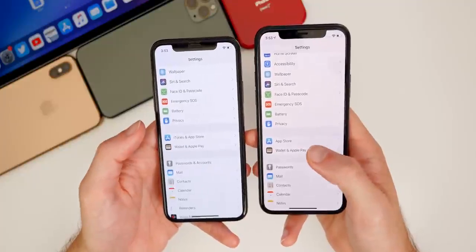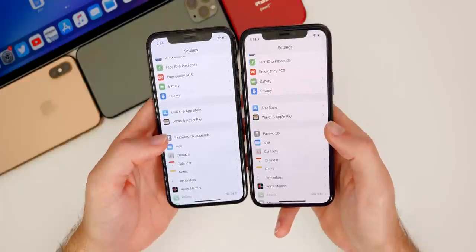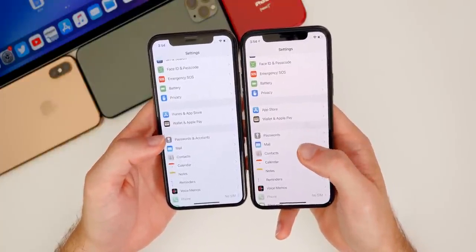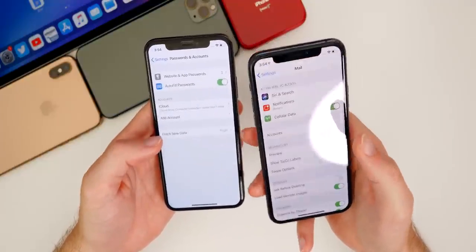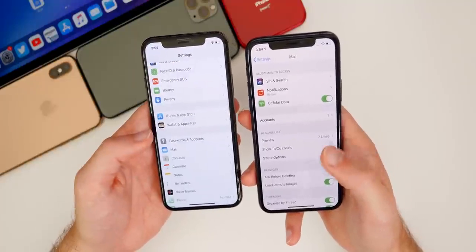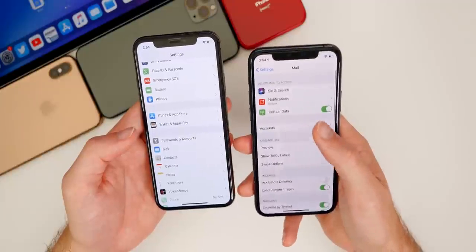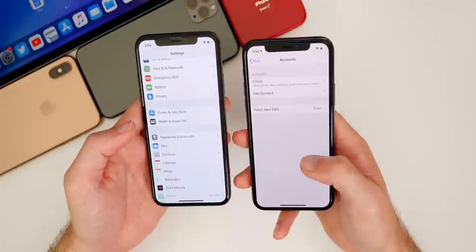iTunes and App Store is no more. It's now just App Store, in iOS 13 here in the settings. Also, if you go down a little bit further, you'll see that passwords and accounts is now just passwords, and the accounts is now actually in mail. So no longer is it in passwords and accounts. That's how you used to be able to get to your mail and add accounts. So it's kind of strange how it was in there, but now it's actually in mail itself, thankfully. So now in here you have accounts, and from here you can go ahead and add your email accounts in a section that actually makes sense,